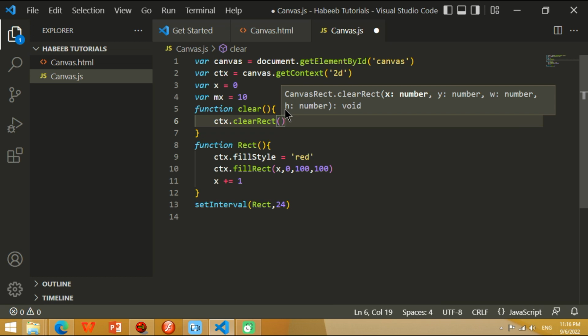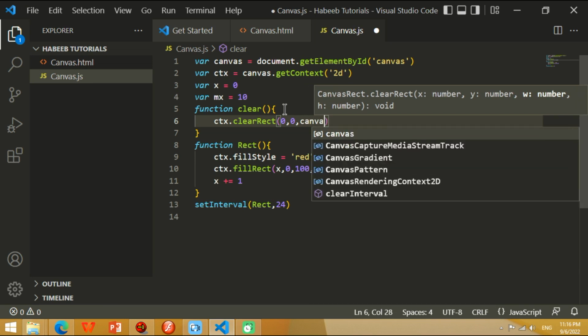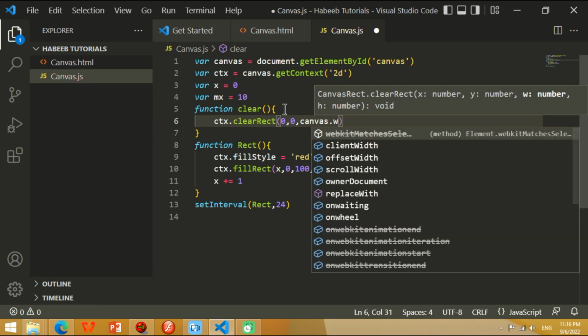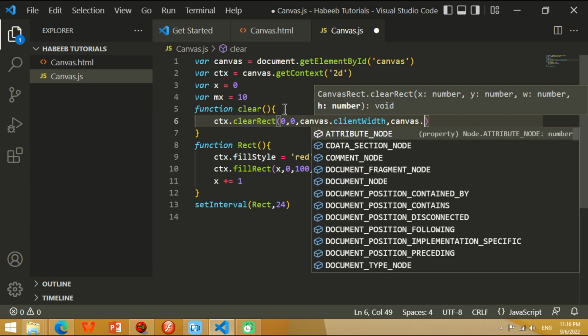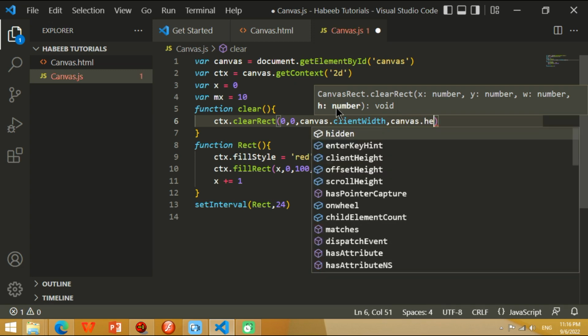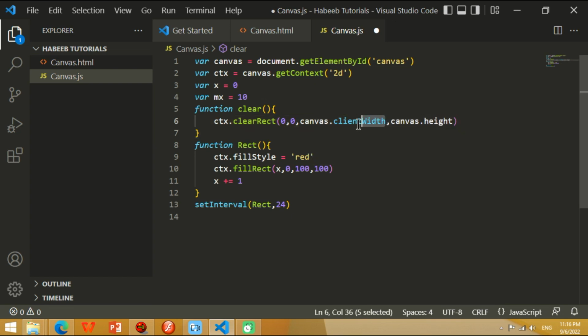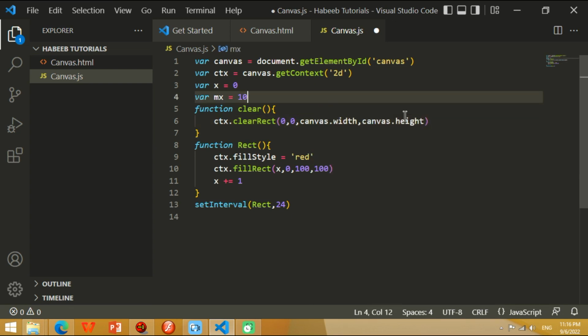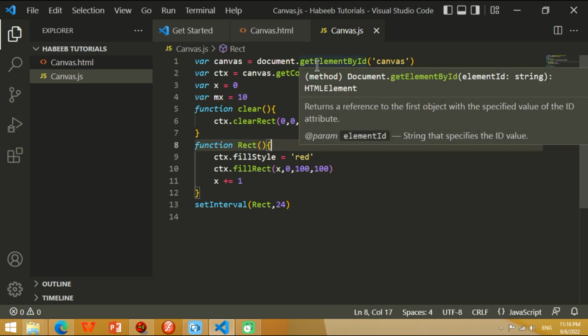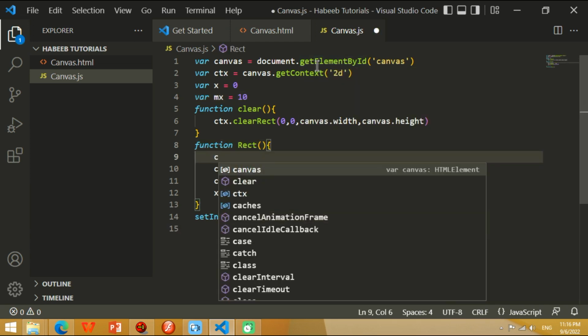Like if we write 0, 0, canvas.width, canvas.height. This is going to clear everything on this screen, but you might be wondering, what are we going to do with this? Well, you'll see. Then we write clear,